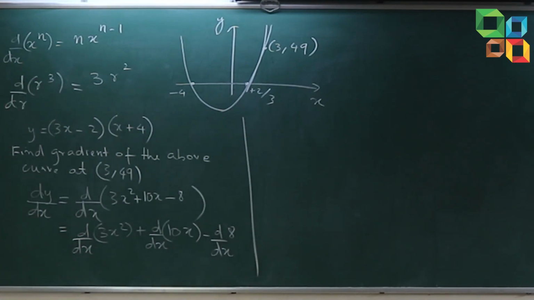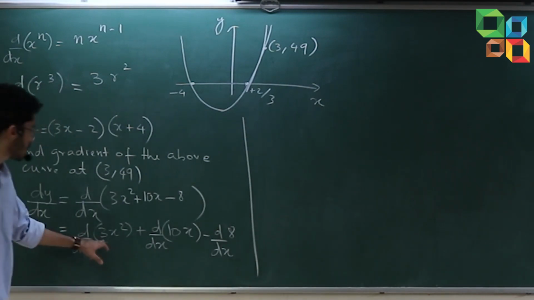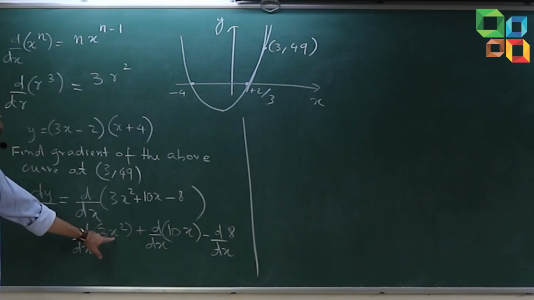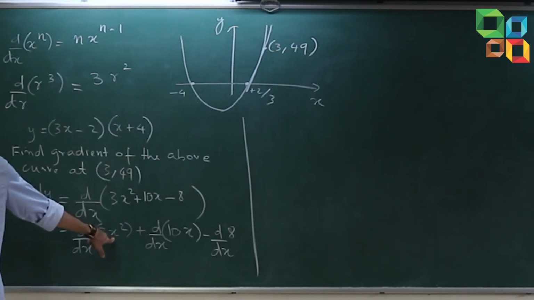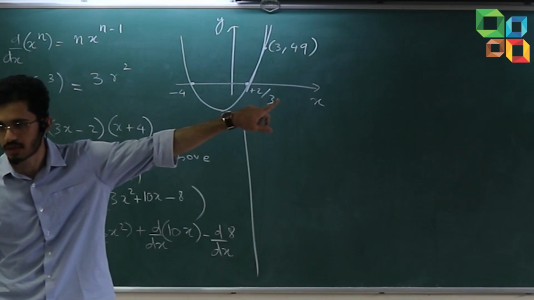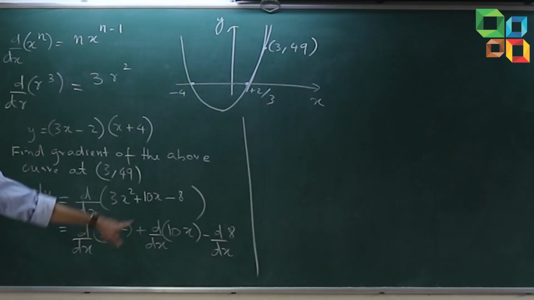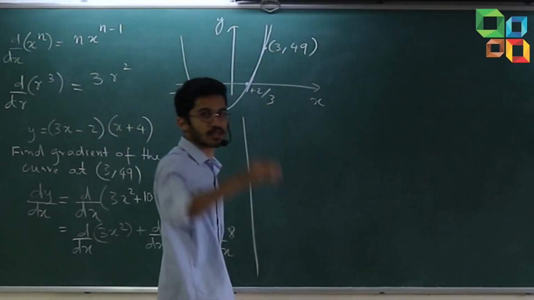Now, next which rule should I apply? 3 into x square, 10 into x. If it is x square only, I can differentiate. I can find the derivative. First rule I can use. But there is a constant in front of it. So I'll use the second rule to bring the constant out. So this can be written as